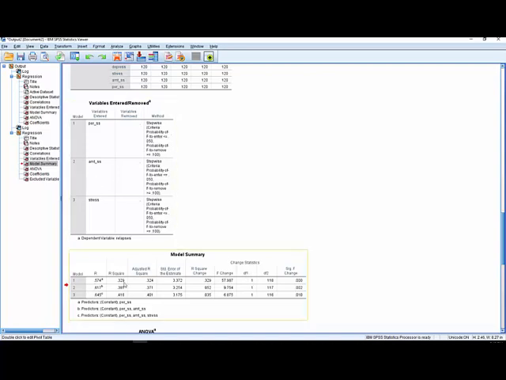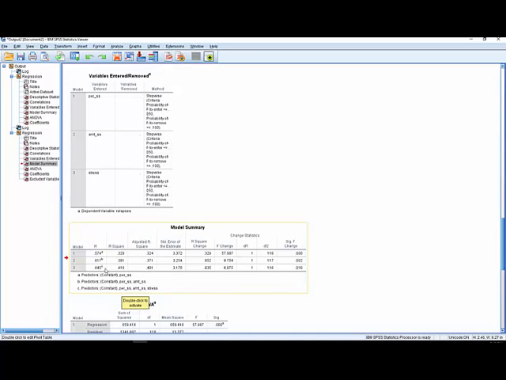And then in step 2, when you added amount of social support, now we've got, okay, F changed. It went from 57 to about 67 something, right? So the F change of 9.7. So the first F was 57. F change meant it increased by this much, and that change was significant. So it added unique variability. And then in step 3, when we had stress, again, it added even more unique variability each